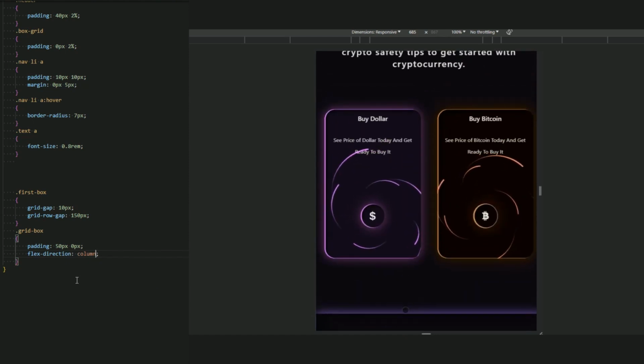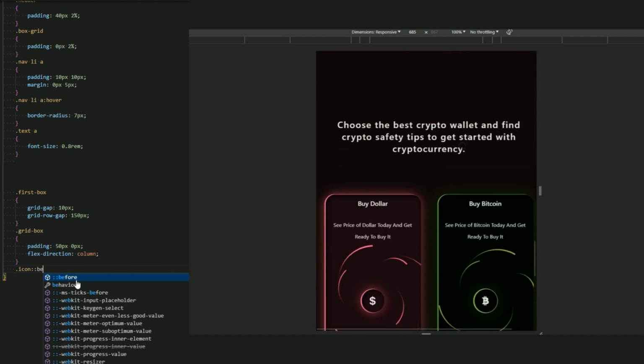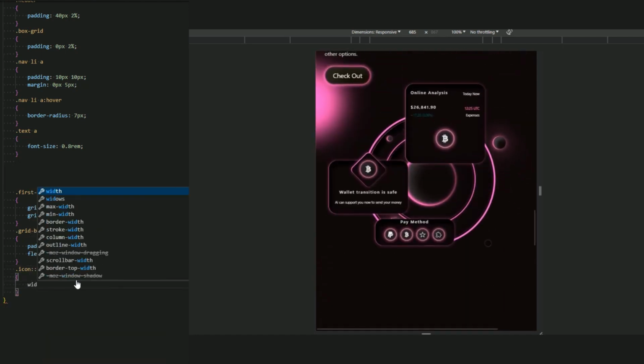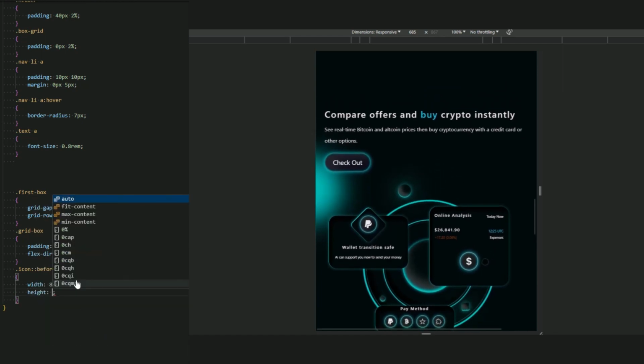Now for the icon before of this, let me resize the width 85 pixel and the height 85 pixel.